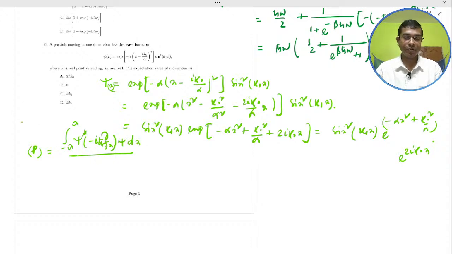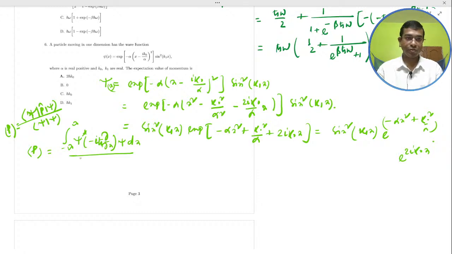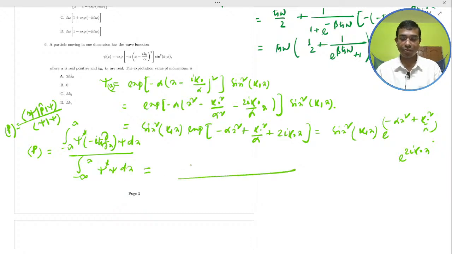This is nothing but this one, that the psi p psi by psi psi. This is the p average. So minus infinity to infinity psi star psi dx, normalization. Put this value. This is equal to minus i h cross